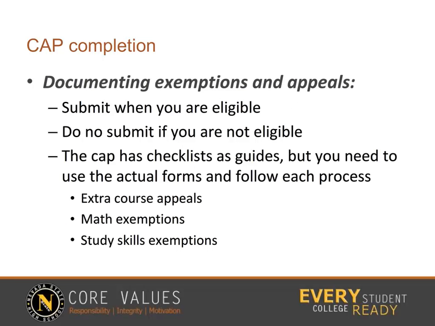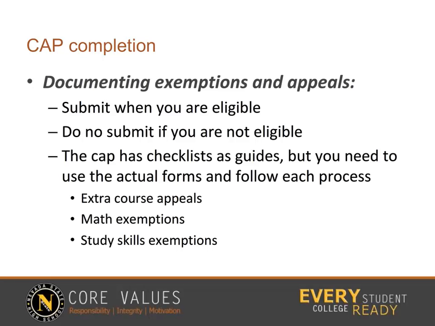Nevada State High School has a few exceptions for students who earn the privilege and freedom to have more flexibility with their schedule. These are granted only in specific situations. The CAP form has 3 exemptions or appeal options available for those who qualify. The CAP has these listed as triggers to let students know if they should seek these exemptions or appeals or not. Utilize these checklists, and if you qualify and want to submit, print the appropriate forms, complete them, and follow